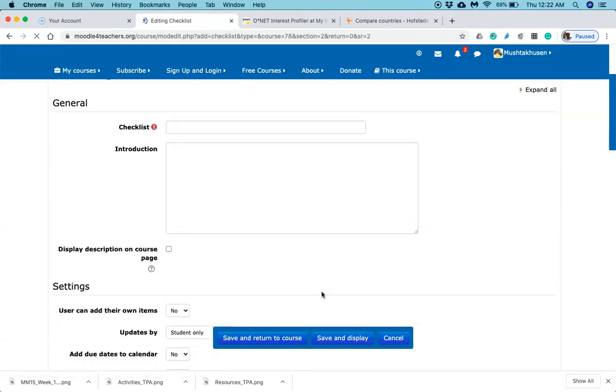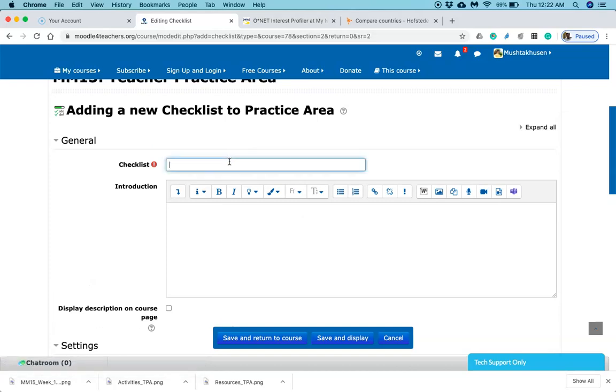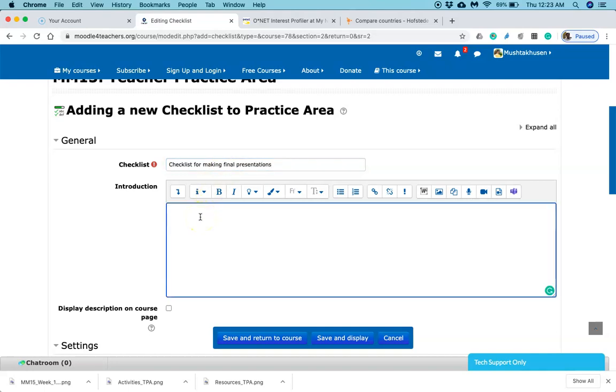Checklist. What is that checklist all about? For example, checklist for making final presentations. Assume that this is the checklist. Now I am going to add the checklist.